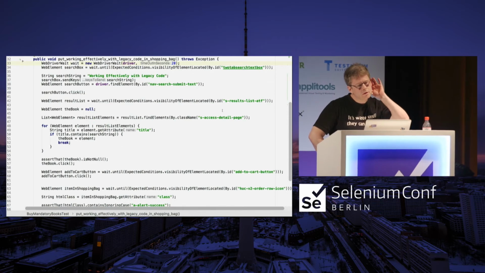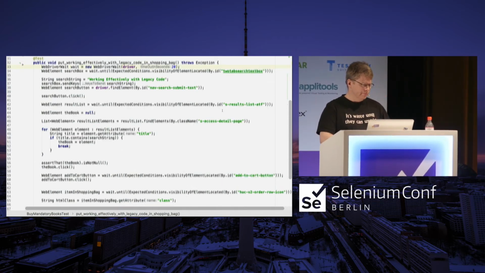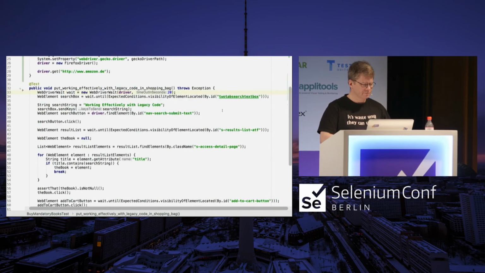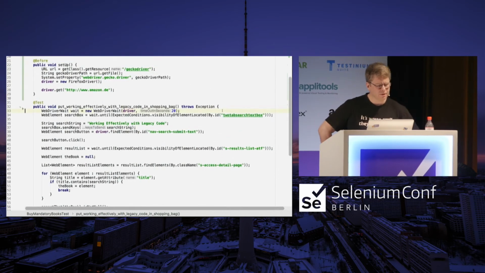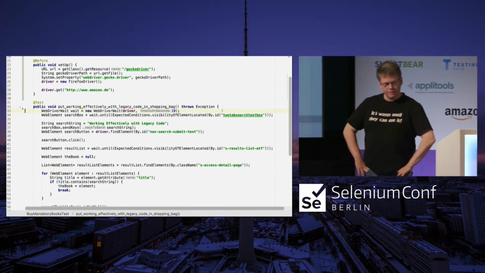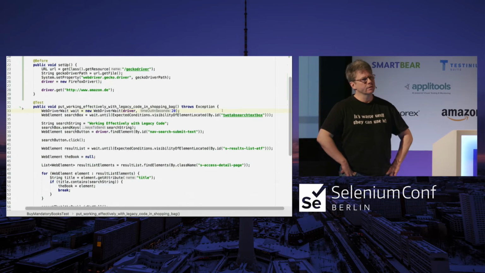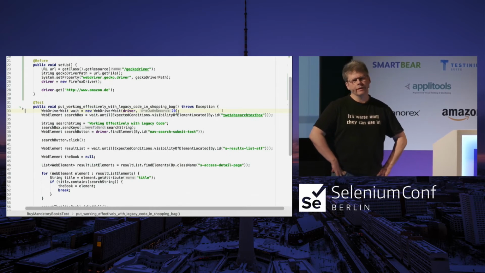Sorry, why not put the WebDriver wait? I have a plan. And I don't want to... Yeah, well, that is true. I have a plan. But it's also the fact that I don't want to do too much. These refactorings are often some kind of exploration. I'm not sure if this is a good idea.